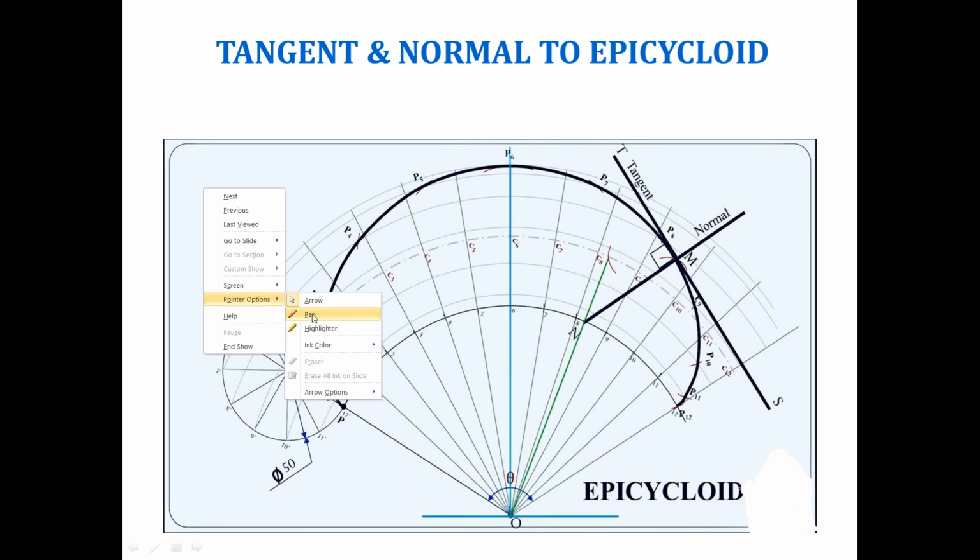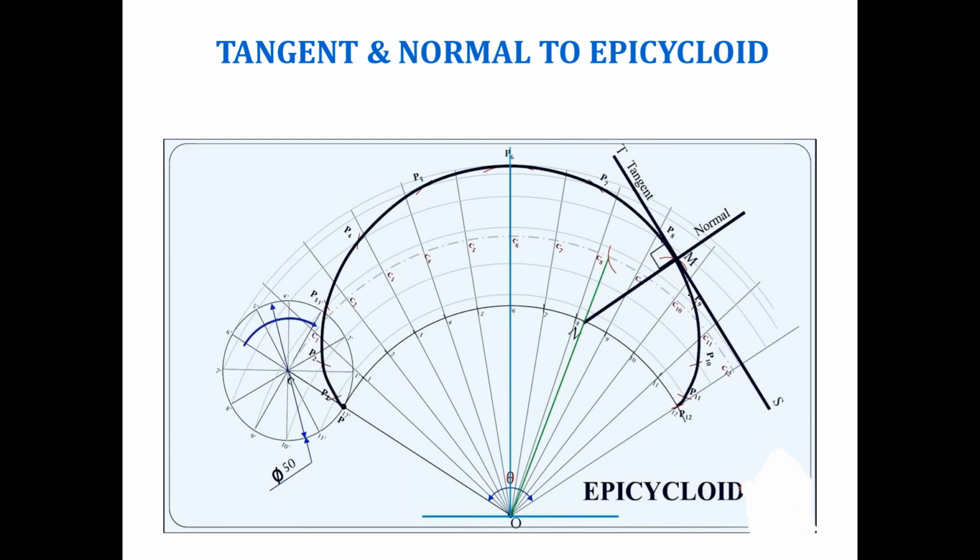So finally, I know that this is my final epicycloidal curve profile. On this curve profile, at any particular point, I want to draw a tangent and normal. Let us assume this point of the curve is called M. Through this point, my tangent will pass, as well as my normal. First identify that point. It is up to you. You can choose this point over here, over here, but it should be on the periphery of the curve.